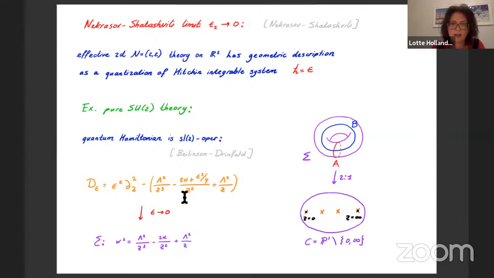I should note that this parameterization in this middle term, 2u plus epsilon squared over 4, is not necessary. We could in principle choose this term in any way we like. It just happens that we chose it in the paper because it is convenient for computing various things.